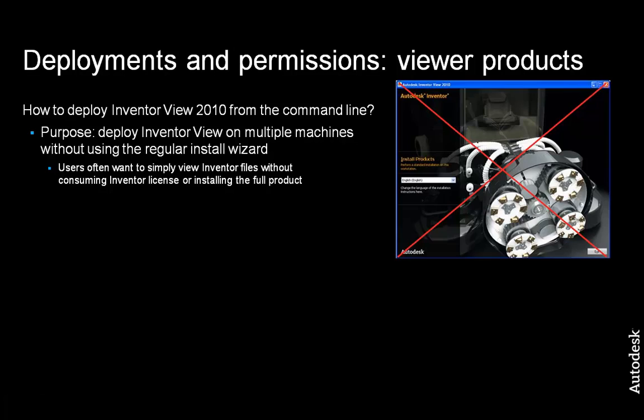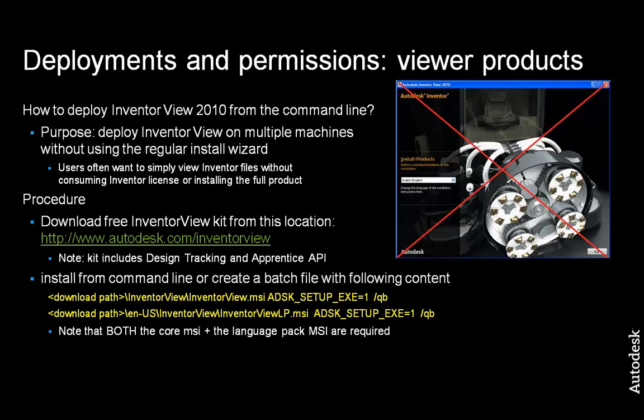Inventor View typically is installed on multiple machines to view Inventor files. It's a free product, and it allows you to see Inventor files, and you don't need the full product to get the viewer. So the procedure I propose is to download first of all the Inventor View from this